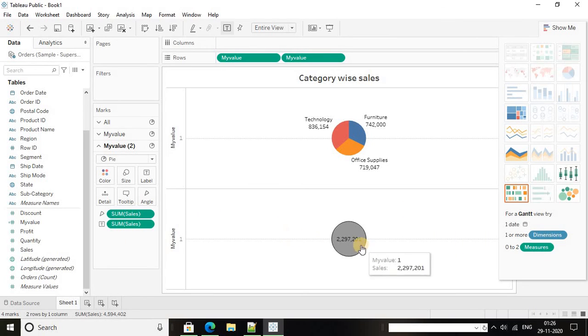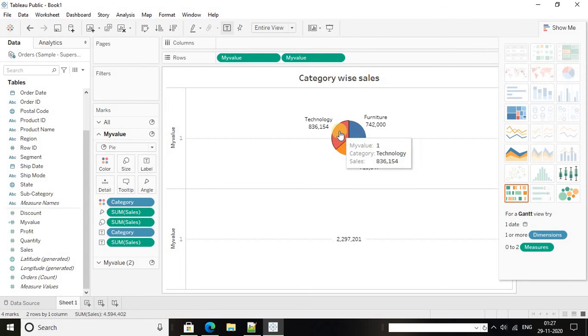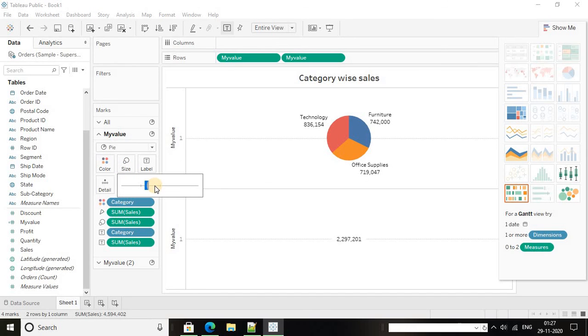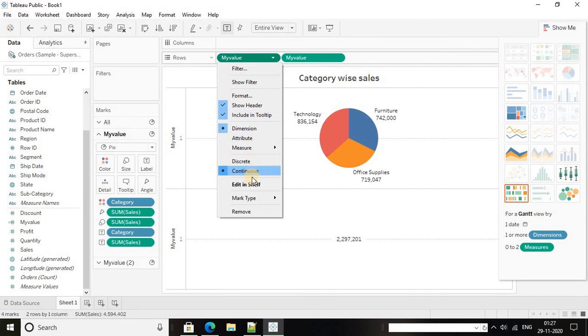Now we are going to change the color of this my value pie chart. Just go to this and select the color white, and we have to increase the size of this chart above. Okay, now we have to select the dual axis from here.